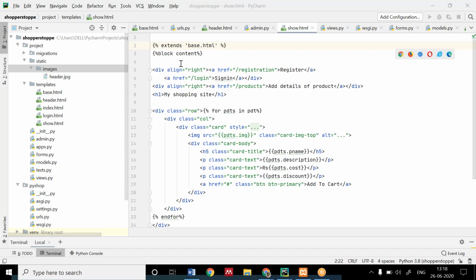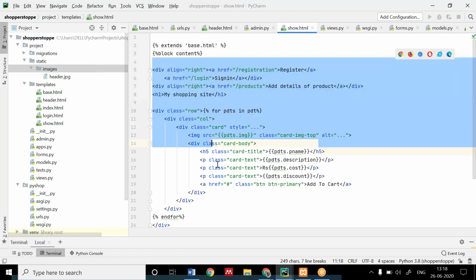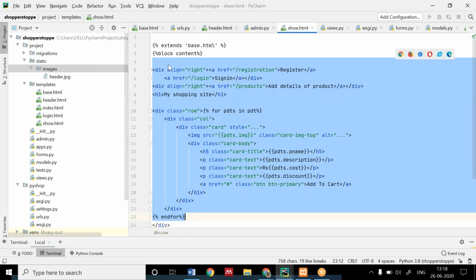No, you only write this much. Don't write the block content then. Remove the block content and extends. If it's not showing, it means it's not getting any value from your database.